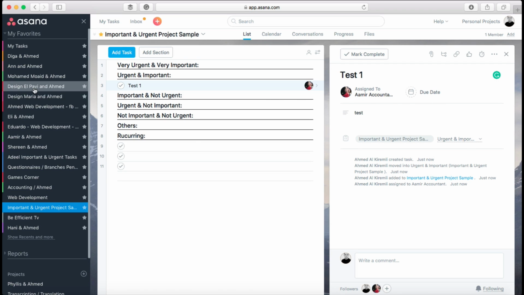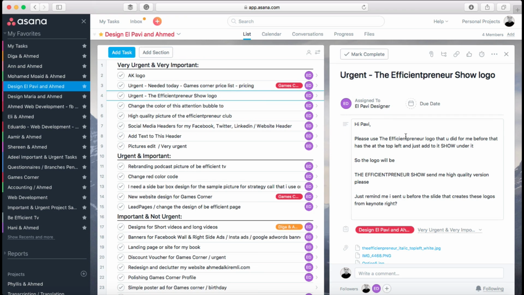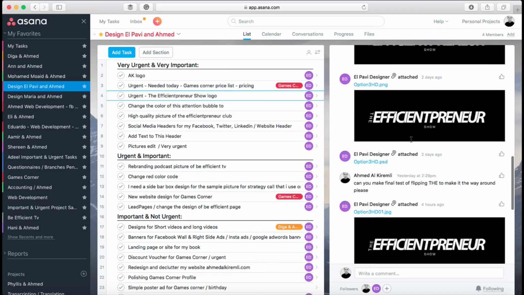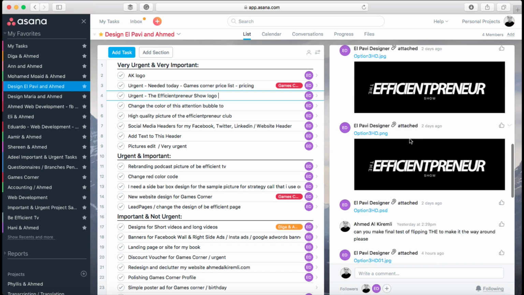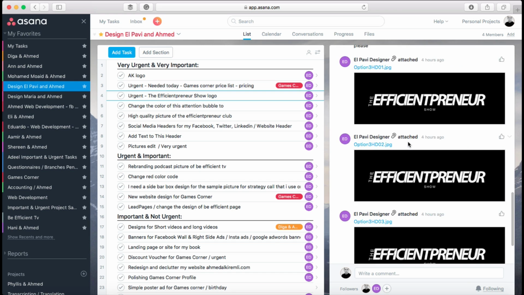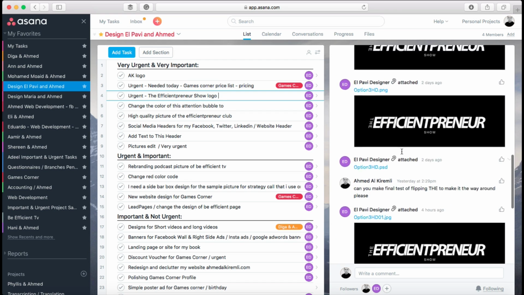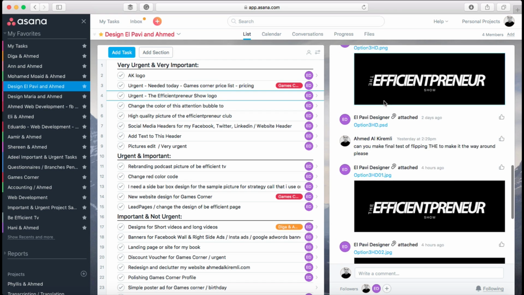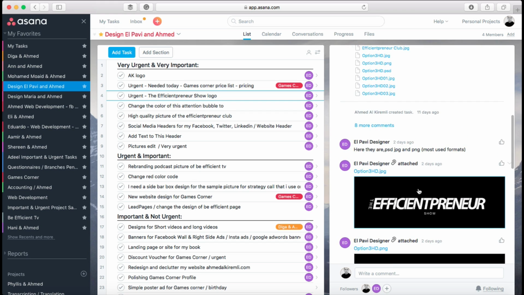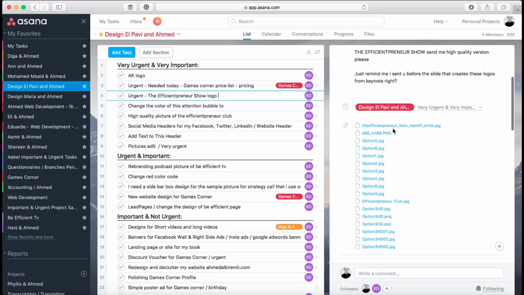So I'll show you a sample here. For example, these are different tasks with my designer, and this is one of the tasks to edit. We are rebranding the show name of my show or podcast. He's sending me different designs, and I can see them all here. I can download them, and you can see the files for the attachments, all of it here. So it's really